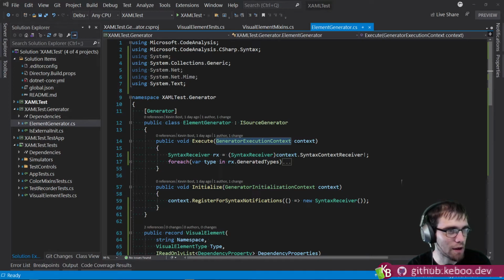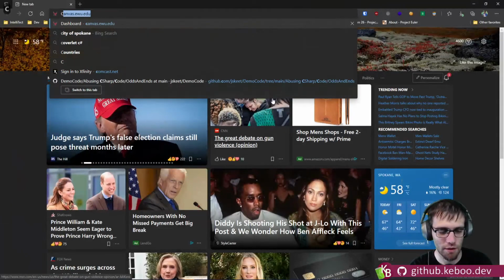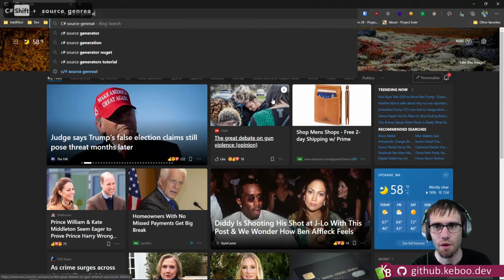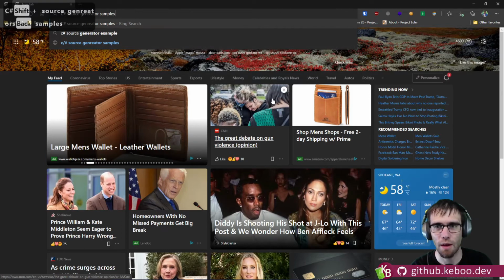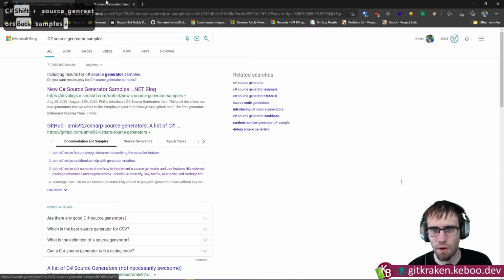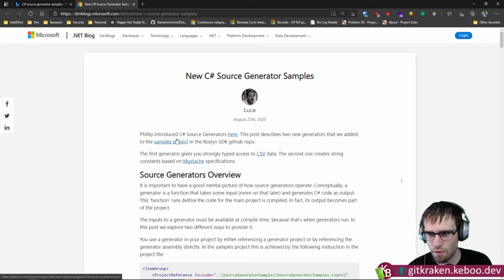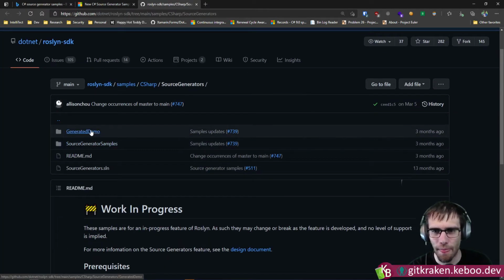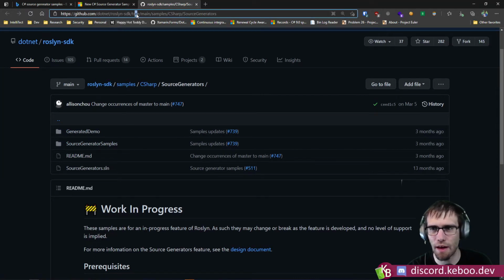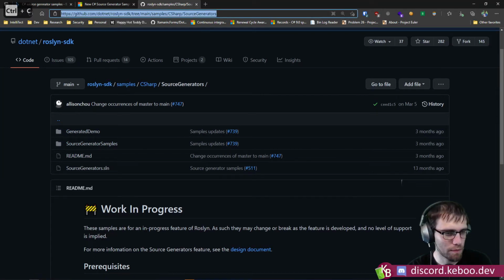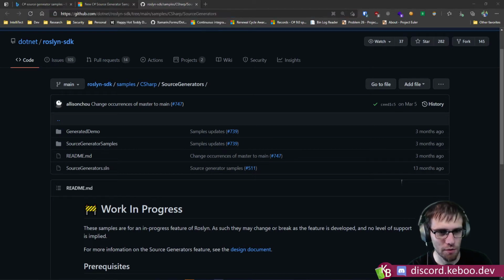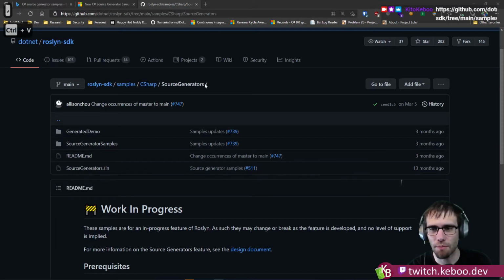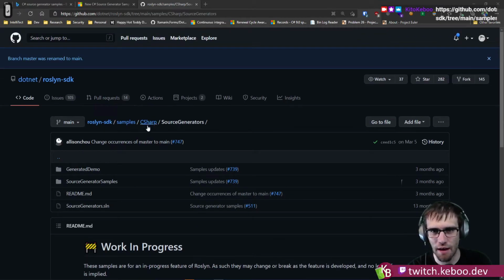Let me see if I can find where I put that. Of course, I closed it. So let's see, C# source generator samples. This one. So there we have here. So this is buried inside of here, and I'll drop this link in there as well, as soon as I figure out where my chat box went. There it is. Okay. So buried inside of the Roslyn SDK, there is